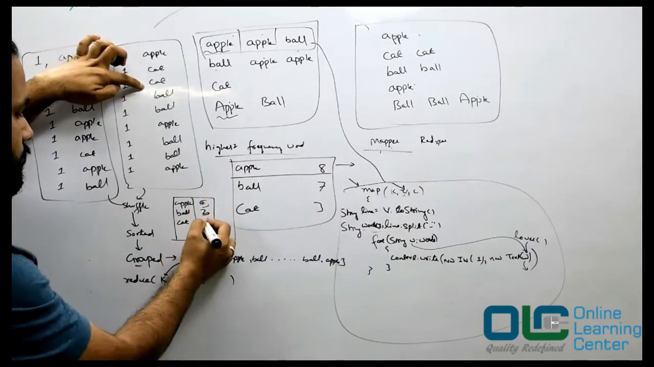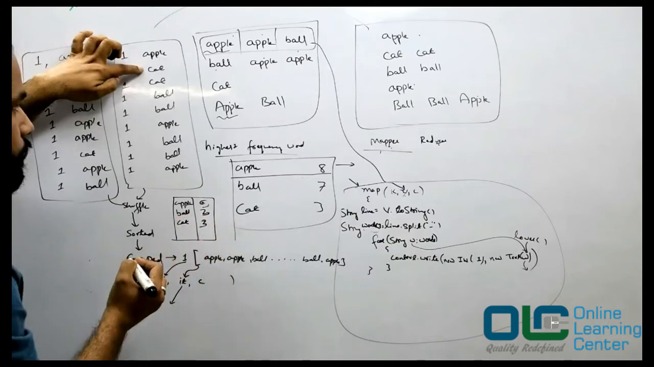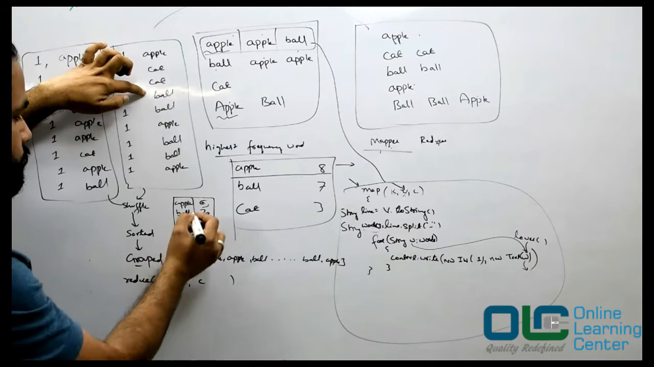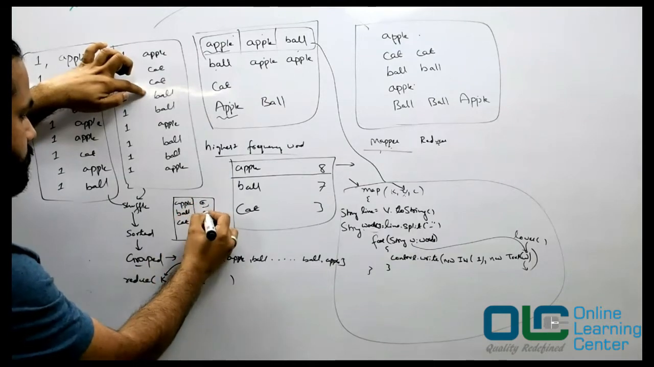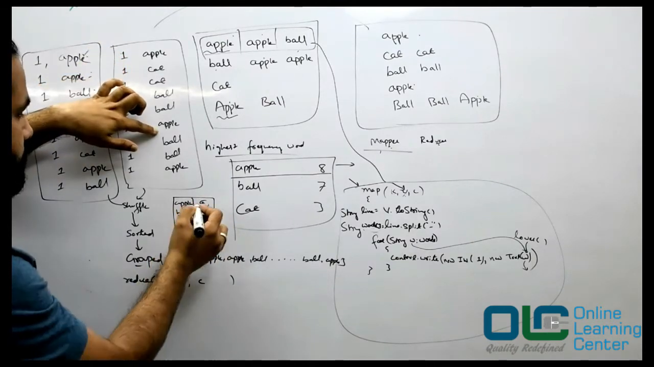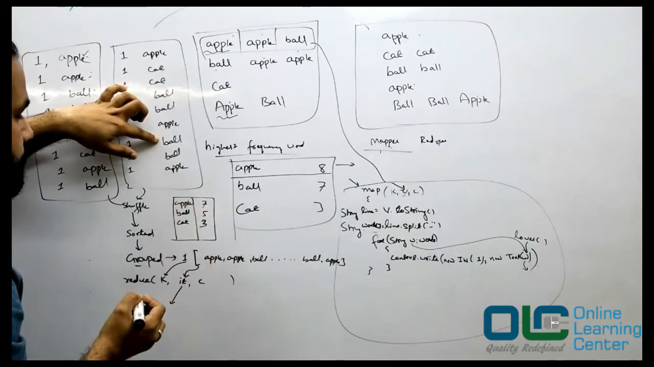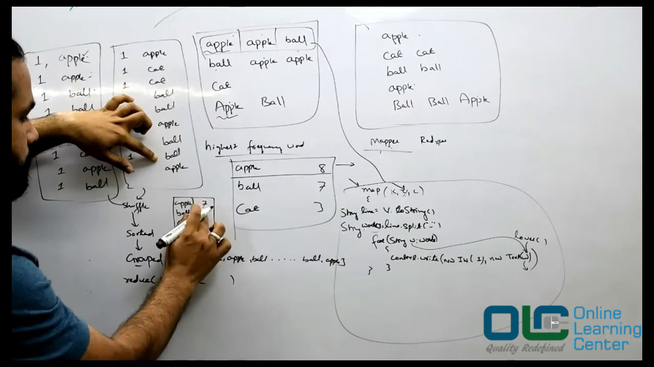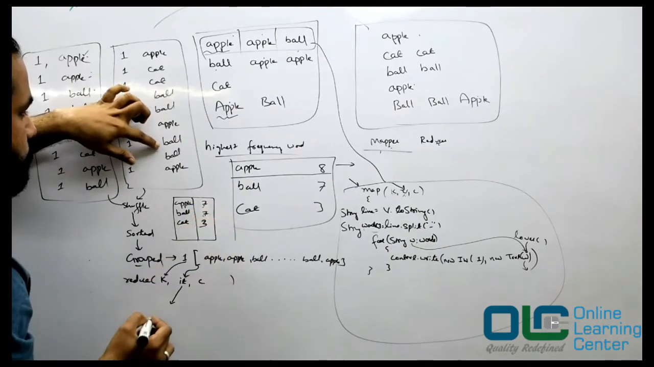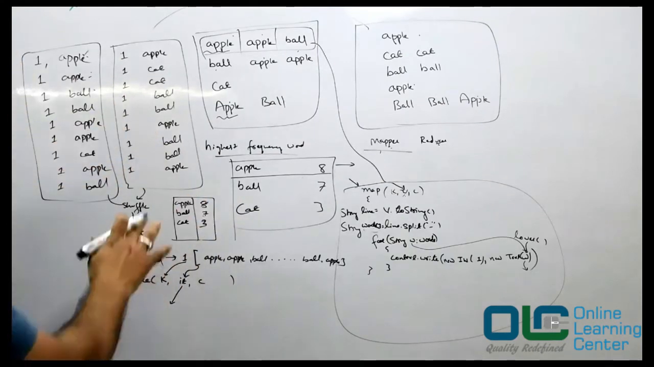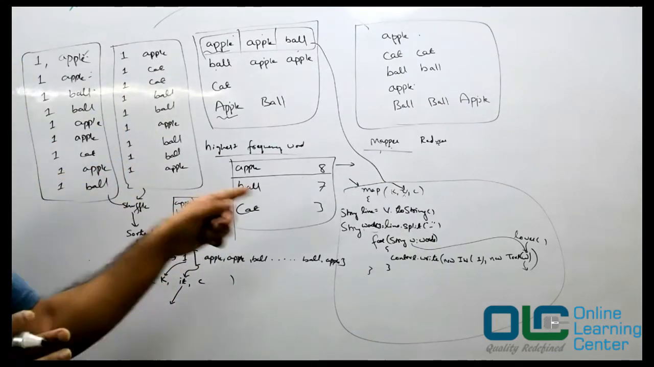2 times. Okay, so 3, 2 and 3. Again, do I have ball in this map? This 2, right? So it will be 5. Right, again, do I have apple in this map? Yes, so 7. Okay, again, do I have ball in this map? 7. Okay, do I have apple in this map? Yes, so 8. Right, so this is what you have to bring first out of this, like whatever you have